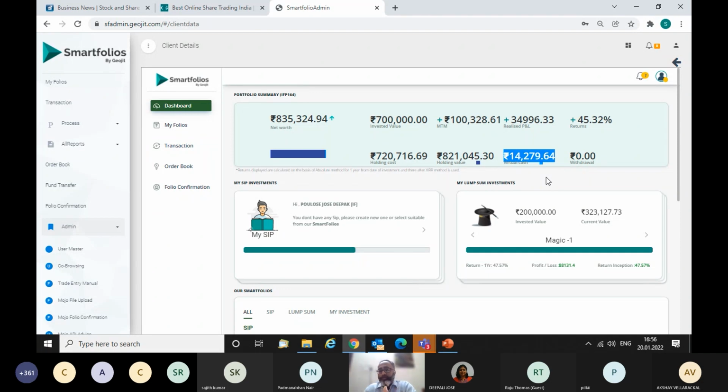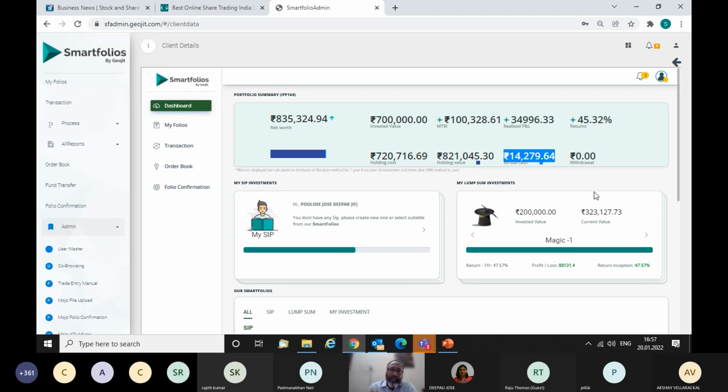What we also expect is that this 14,000 rupees to be there in his trading account, because when a recommendation comes in next time, we are expecting that cash to be there. This 14,000, which we have named virtual cash because it is as per Smartfolios calculation, needs to be there in his trading account. But in a real life scenario, this 14,000 rupees might not be there in the client account, because the client himself or herself could have utilized it for trading purposes,